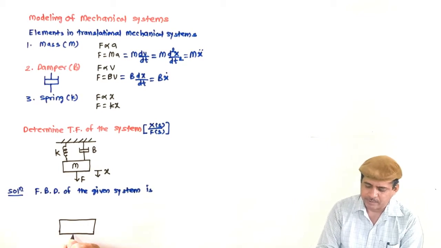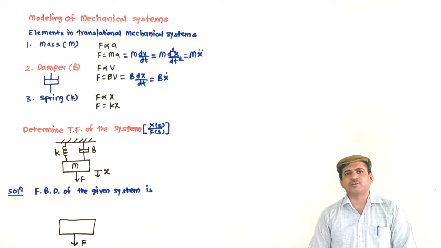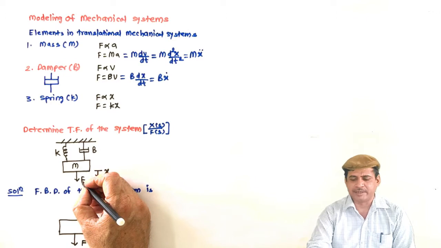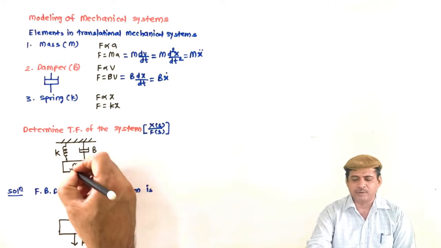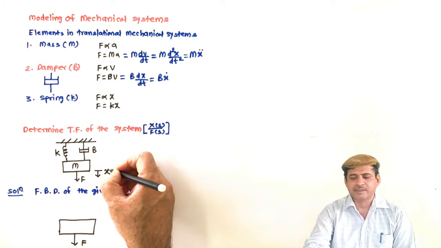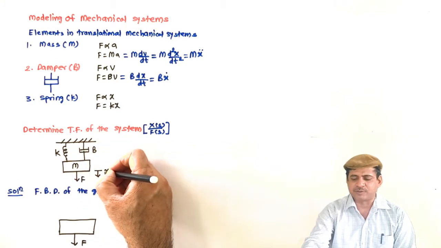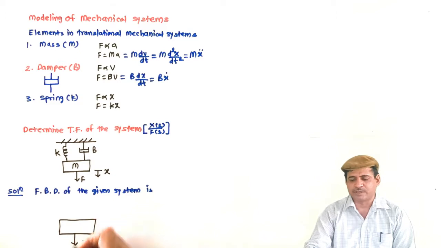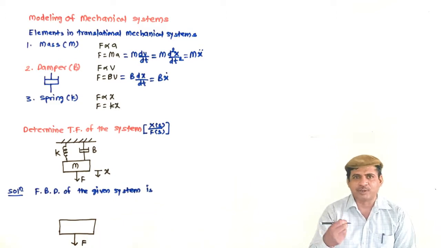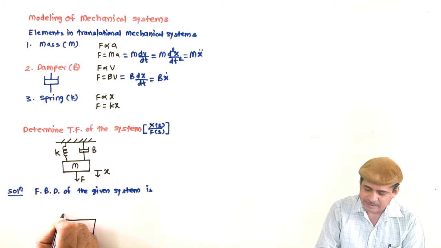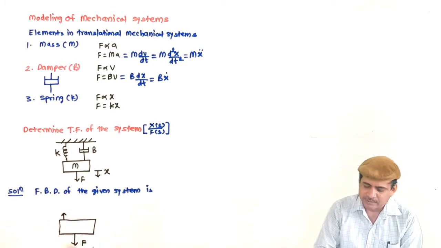This is the body, and upon the body you are applying the force. So always start with the active force. Now what happens whenever this force is applied, there will be a displacement. However, this mass will oppose the displacement, this damper will oppose the displacement, and this spring will oppose the displacement. So to this active force there will be opposition by the reactive forces, and these reactive forces will be, for